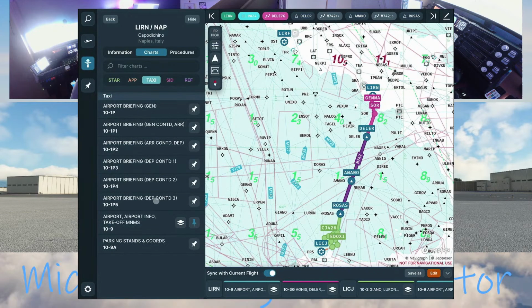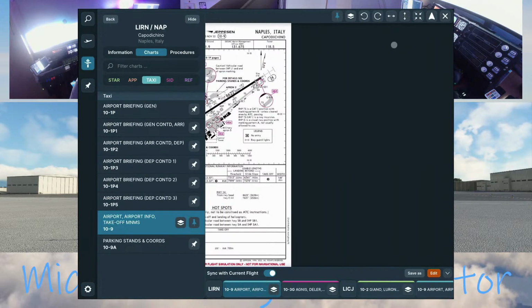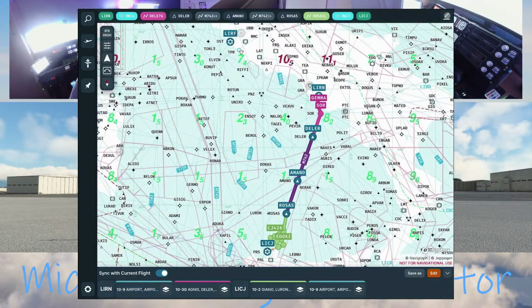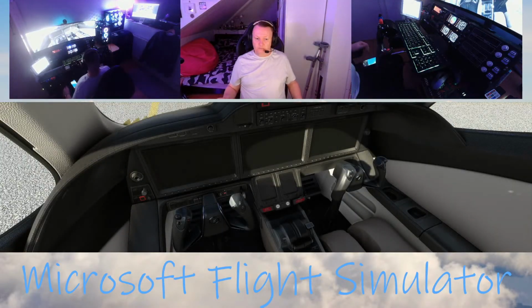So this is the airport chart for Naples, where we are. Let's close this just now, and we will jump into the cockpit